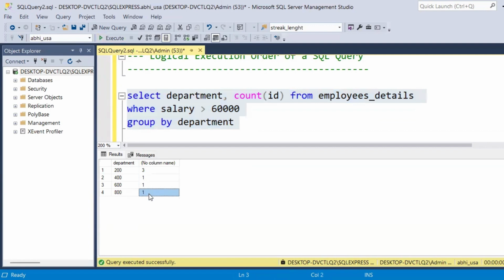3, 4, 5, 6. It's not returning 7. Why? Because it's filtered the data first. This is the first filtration. After that, you have grouped the remaining data. So the first filtration was this one, so how many employees are there under this condition, that will be